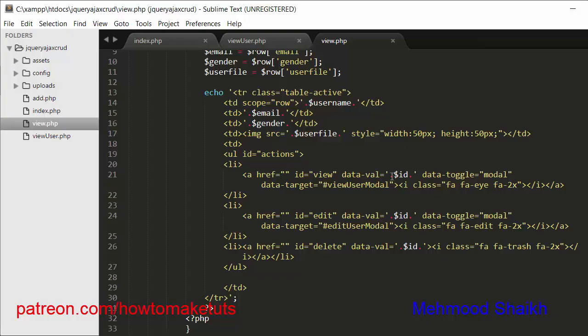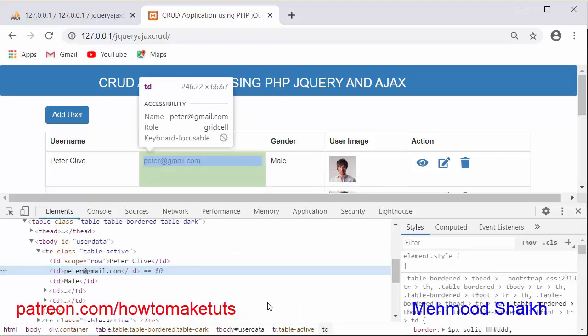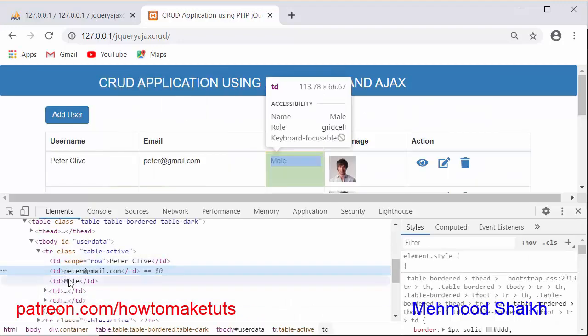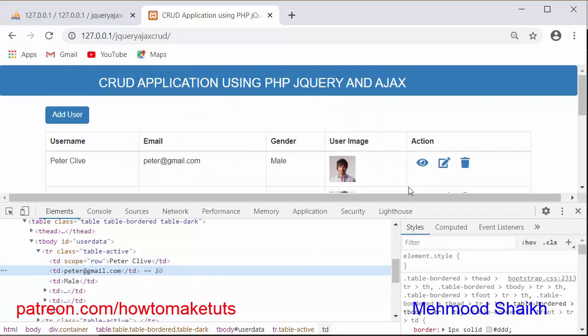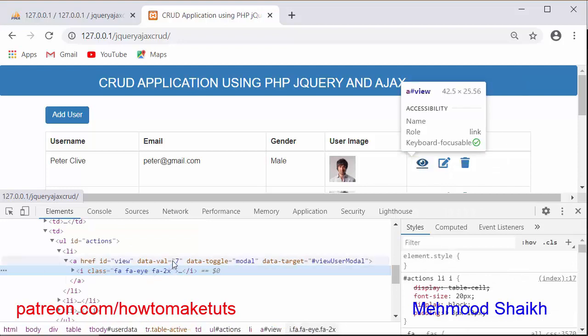I will right click on this row, or on this icon, and click on inspect. Then you will see there is a data value 57, which is the ID of that record.